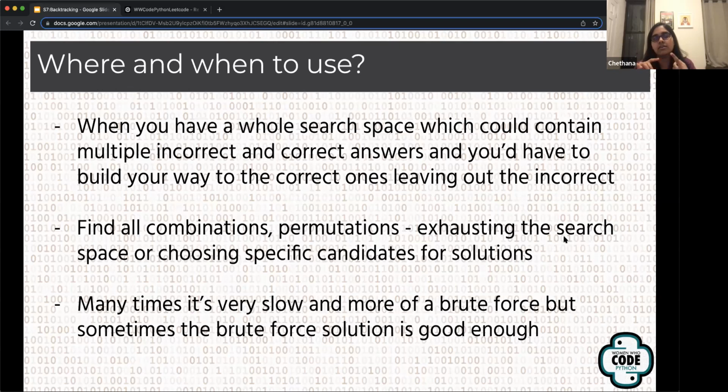And this sort of thing you would find in most combinations problems, permutations problems, and then when there's a possibility for you to find all of something and pick and choose from that. I think